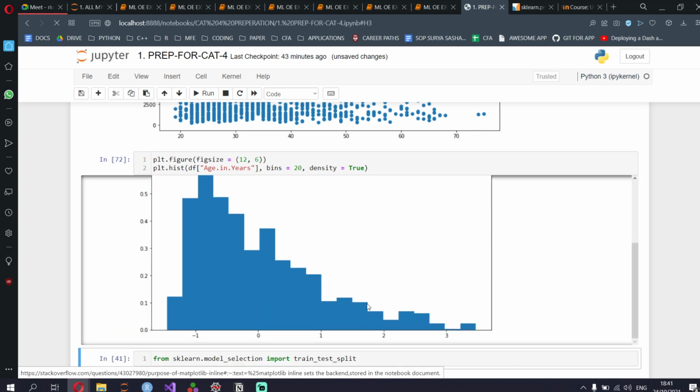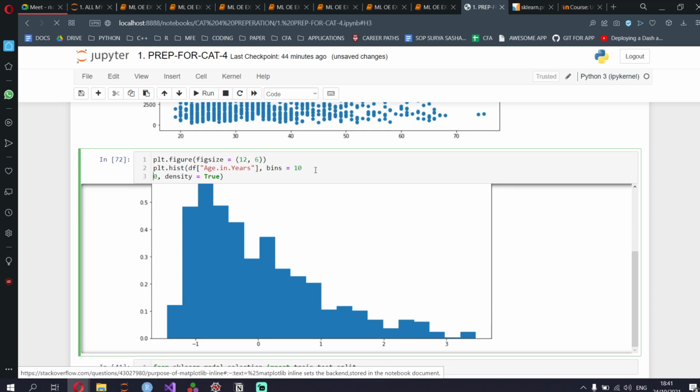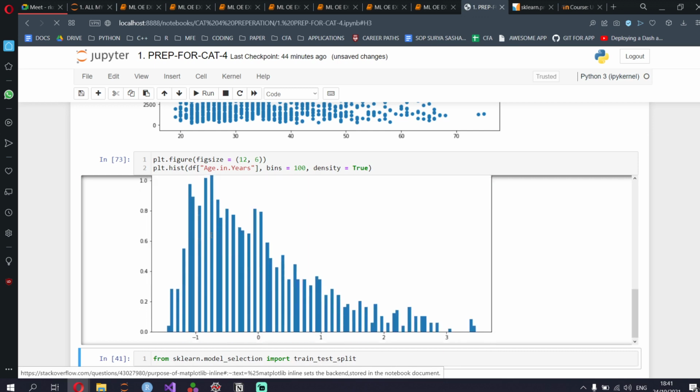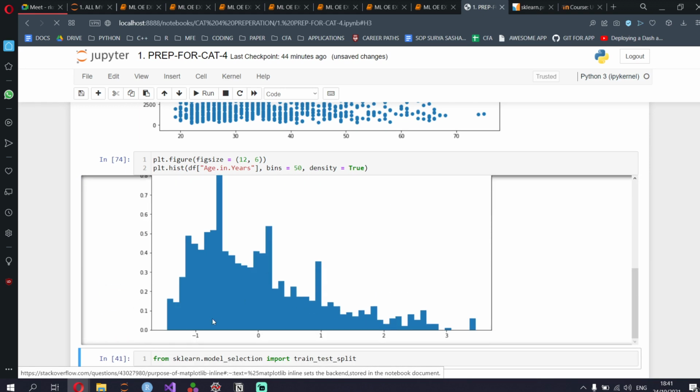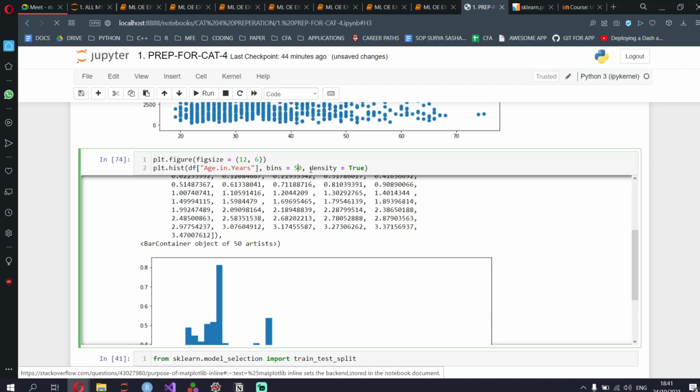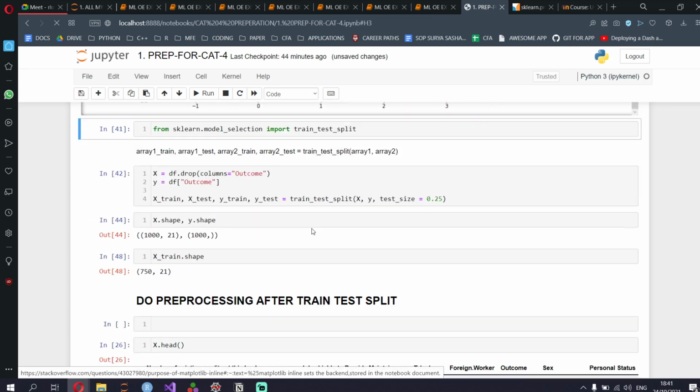It's a little more defined, the shape is more defined, but you need to find that sweet spot. If I put bins equal to 100, it's going to look super crappy like this, so you don't want that. You want that sweet spot in between. So let's do 50. Yeah, 50 is also not that great. I think 20 is good enough.